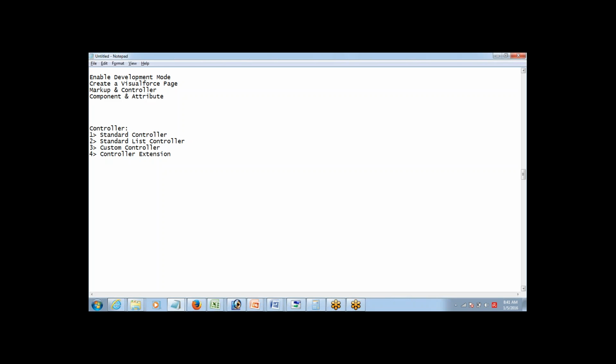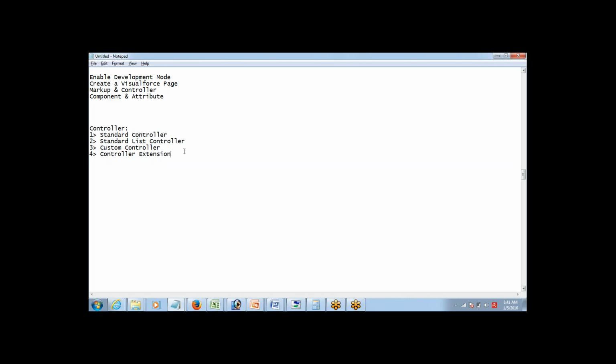So these are four different types of controllers. Whenever you have a page, that page requires a set of instructions or a set of logic. These are four different ways of supplying the set of instructions to your page. Before I start talking about each one of them,